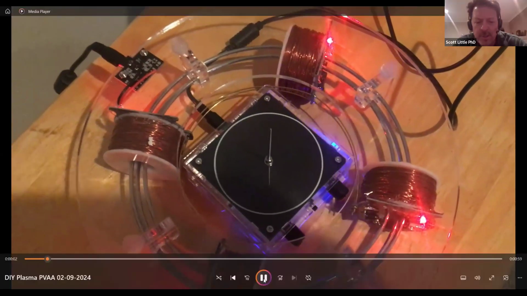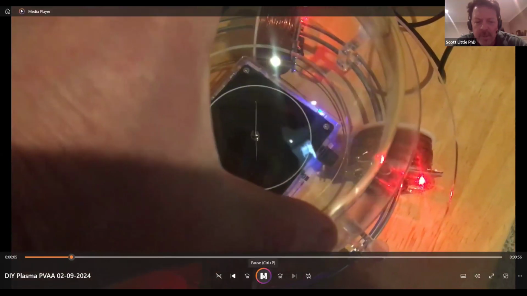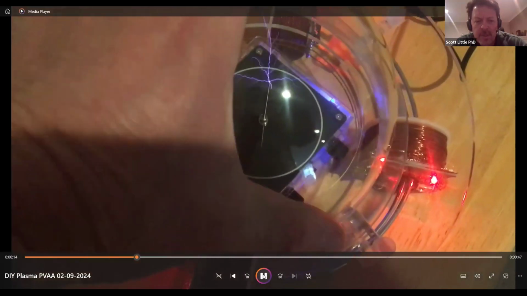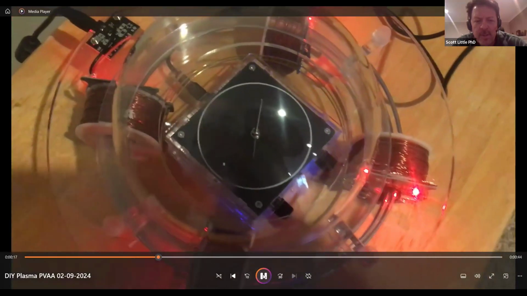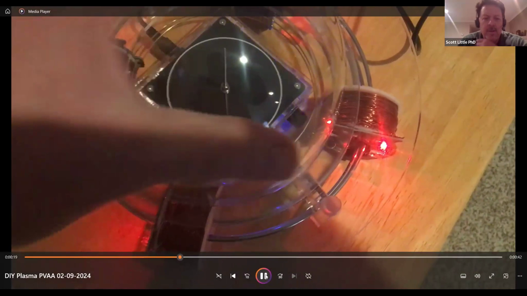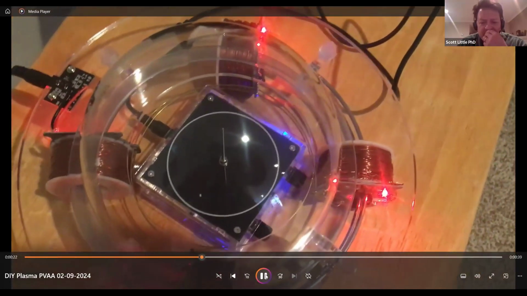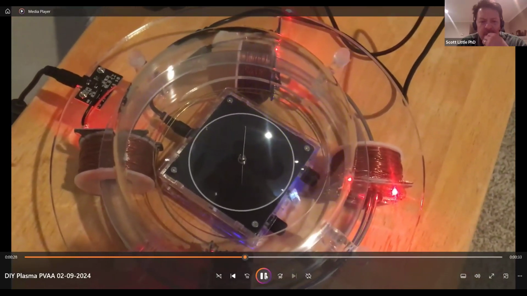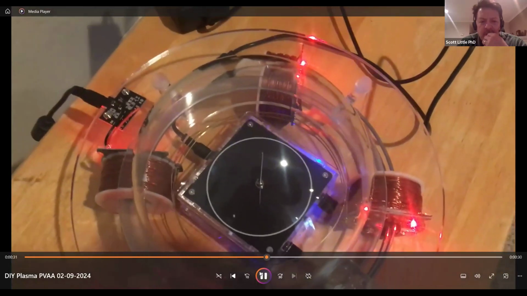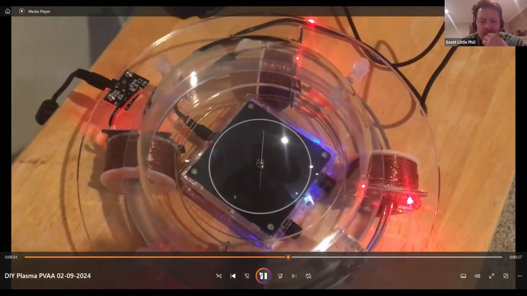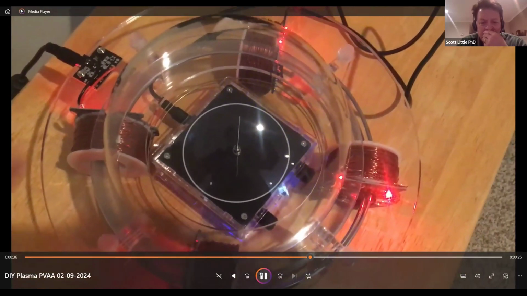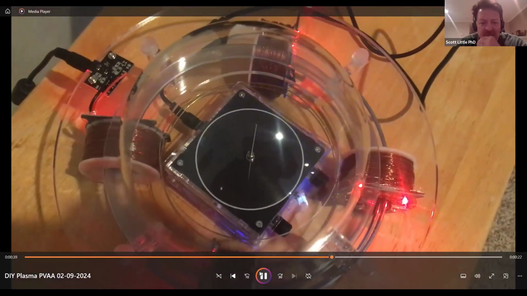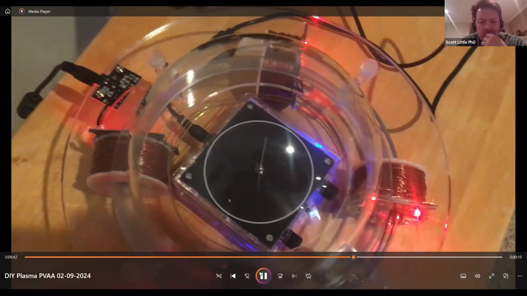Let's try. And as I try and put the globe on, we get kind of a reaction out of it. It was shutting down first. I'm just watching it carefully, and it shuts off. It runs out of oxygen. I don't know if the magnetic field's having any effect on it yet, but that's kind of a low frequency. You can smell the plasma, the ionized air as it's going. I don't want to leave it on too long in case it has a detrimental effect on the globe itself, on the dome, I should say.